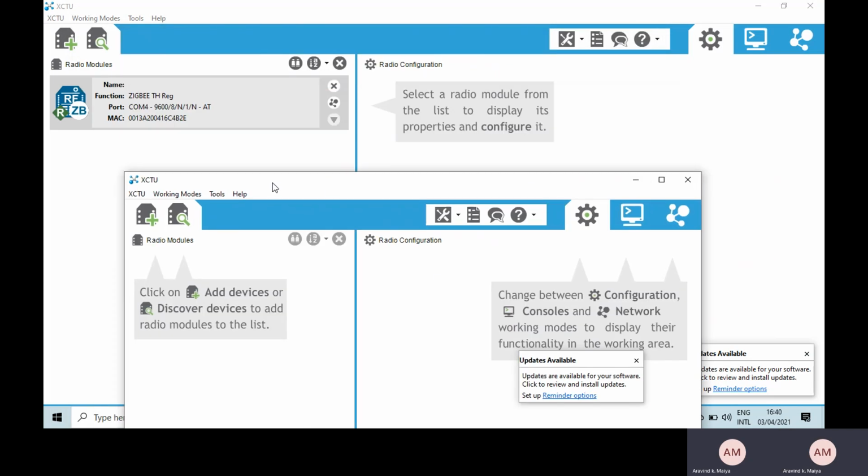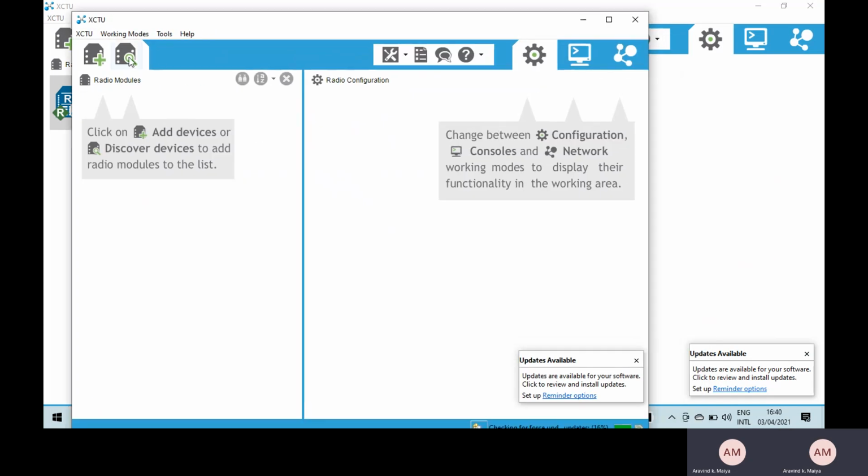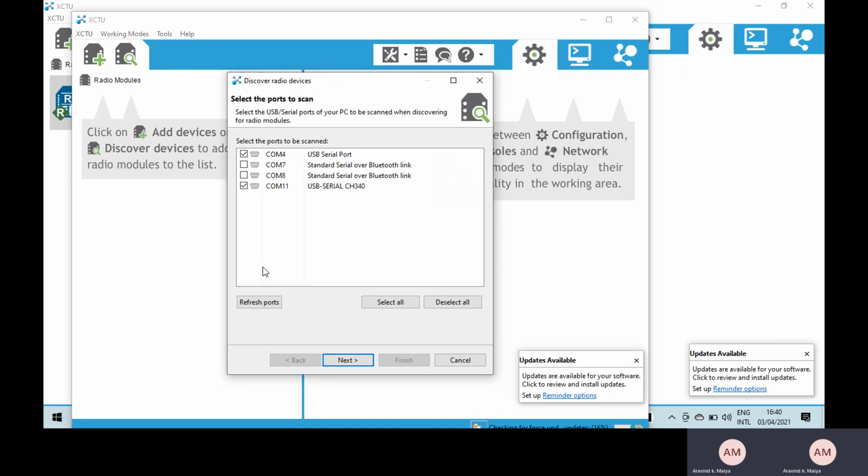Let me check. This is connected to COM4, so I will have to select COM11. Let me check if there is any problem in the wiring. It's perfectly connected, so there is no issue here. Okay, fine.